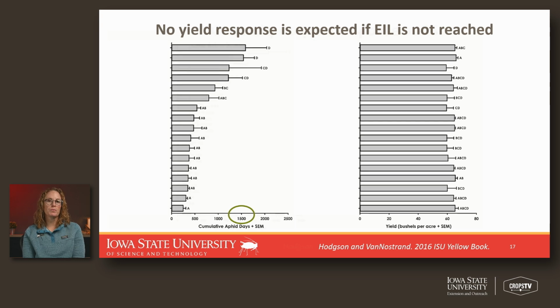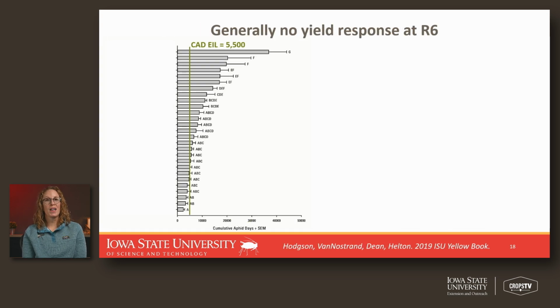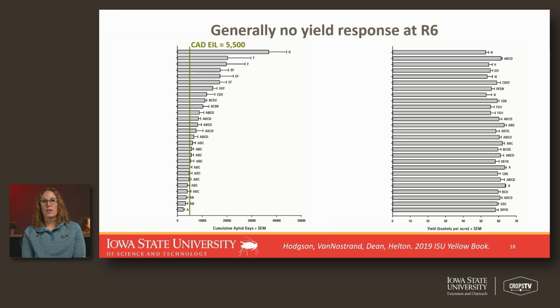for the entire season. And then 3 times I have seen this pattern in which aphids came into those plots very, very late in the season. So it was the last part of August or early part of September. I think this example is from 2019. So you can see about half of the treatments did exceed that economic entry level. But the activity wasn't enough to impact yield that late in the season. And so again, it's very hard to tell the difference because there's so much overlap in the mean separation between